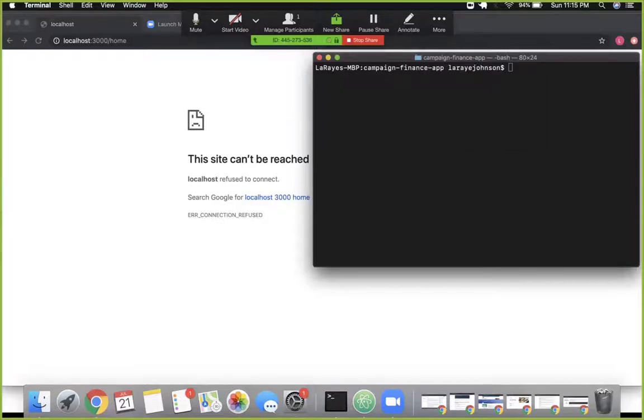Okay, so welcome to this demo for this Rails Campaign Finance app. Once you've cloned this repo and CD'd in, you're going to want to make sure you run bundle install and then rails db:migrate. Once you've done all of that, you can go to your terminal and run thin start,